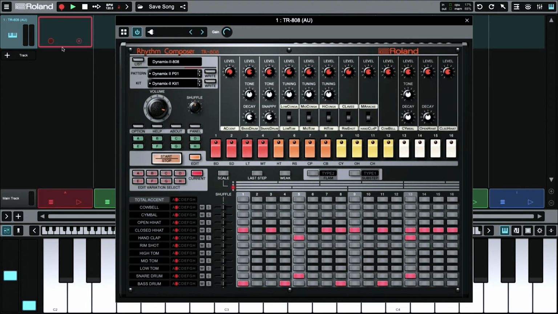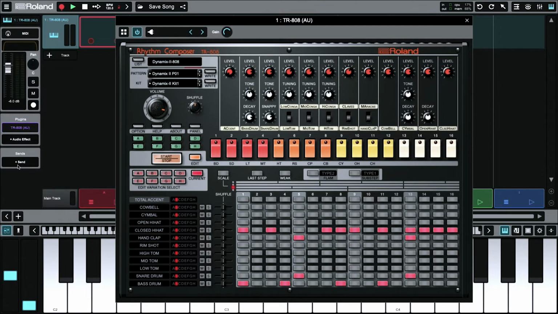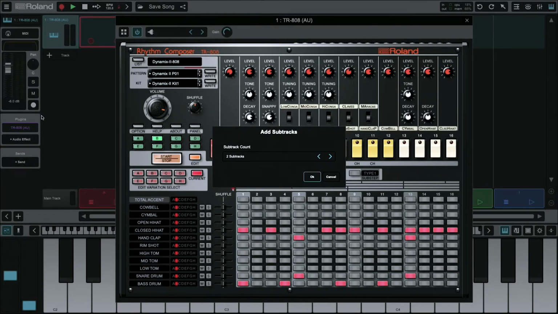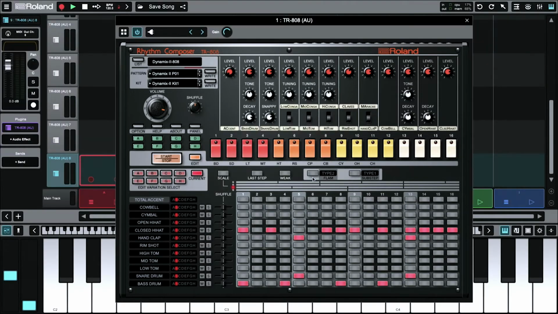And to see these separate tracks, you click on the track itself, you click on the little arrow so you see the mixer window, click on the MIDI window, and in the MIDI somewhere you've got subtracks. You add subtracks, and you say how many subtracks. In this case, I'm going to say, well, I don't know, 8 of them. Okay. Now I have, if I press play,